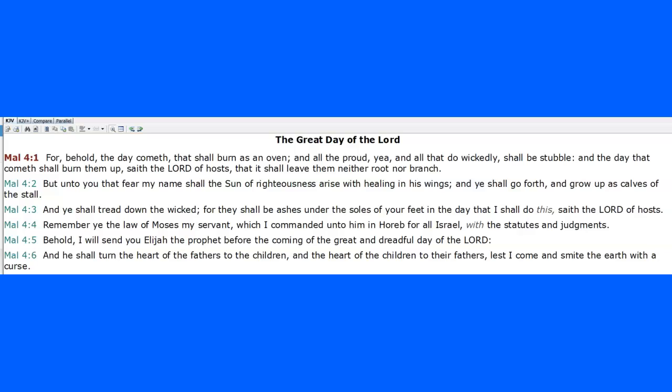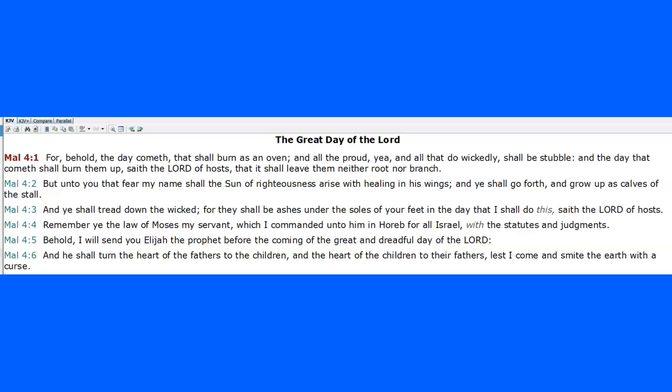And when I say the last chapter of the Old Testament, Malachi is very short. You can see there's only 6 lines in chapter 4, called the Great Day of the Lord, and that's how it ends, and that's how this world is going to change, and it looks like it's going to happen sooner than later. Malachi 4:1, it says, for behold, the day cometh that shall